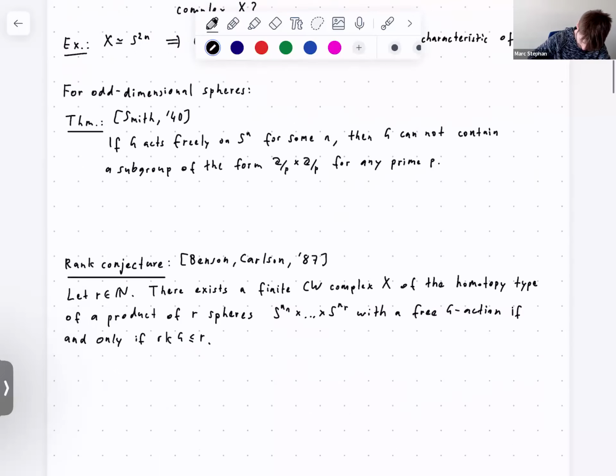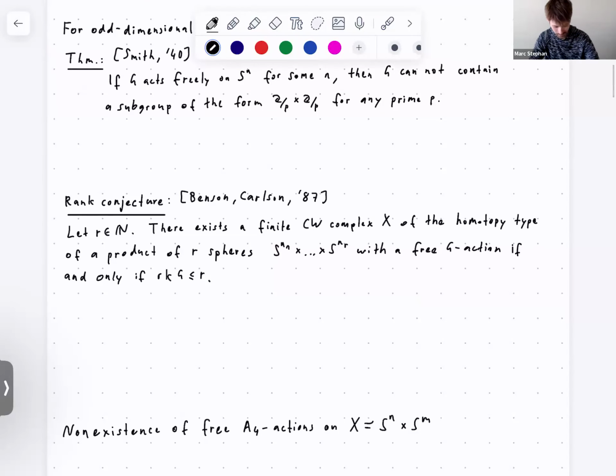And Benson and Carlson conjectured in the 80s that if we look at products of spheres, so let's say we have r spheres, and we ask, can a finite group G act freely on a product of r spheres or on a finite CW complex of this homotopy type, then this is only possible if the rank of G is at most r. And maybe not everybody knows what the rank is. So this is the maximal p-rank, where p is a prime,